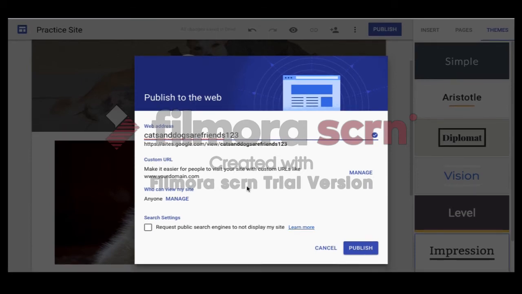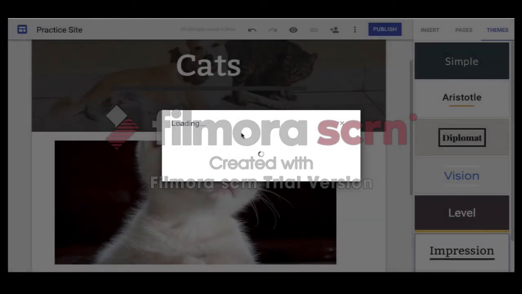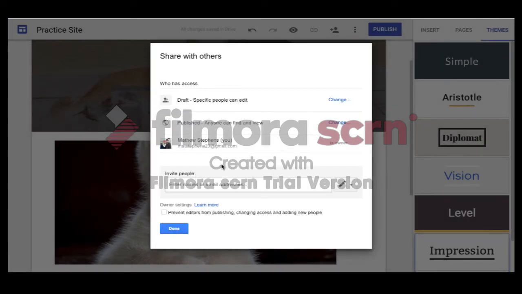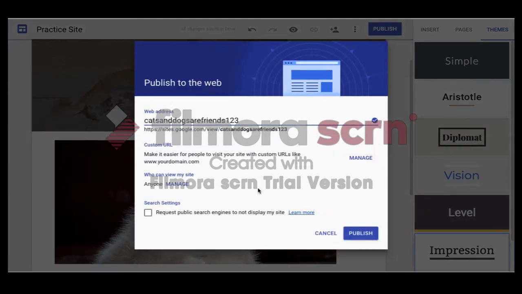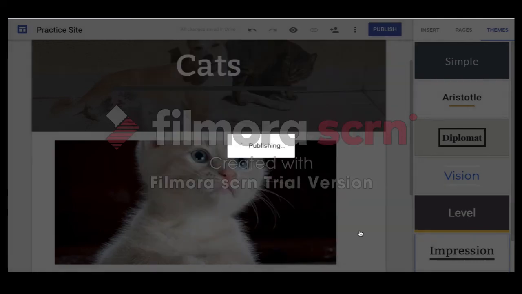And then lastly, we have the privacy settings. So who can view my site? Right now I have it set to anyone, which is what I want. However, if I wanted to change it to only certain people, or certain not people, I can change those things. I can also add other people to be able to edit it as well. Lastly, I can request public search engines to not display my site, which again, if you want any traffic at all on your website, I recommend not clicking that. If you're all set, you hit publish,